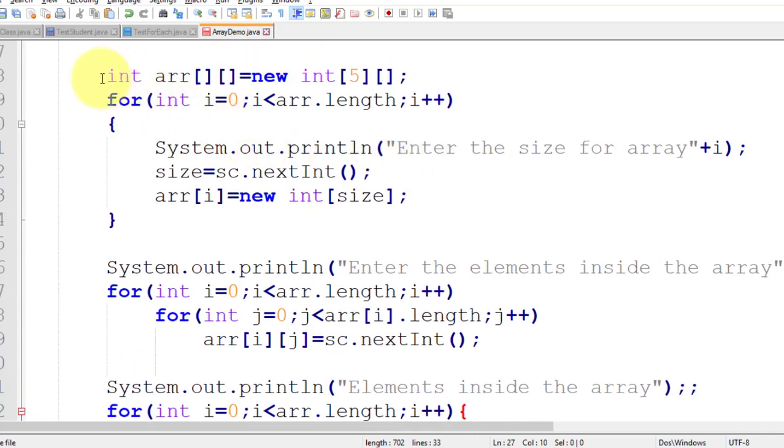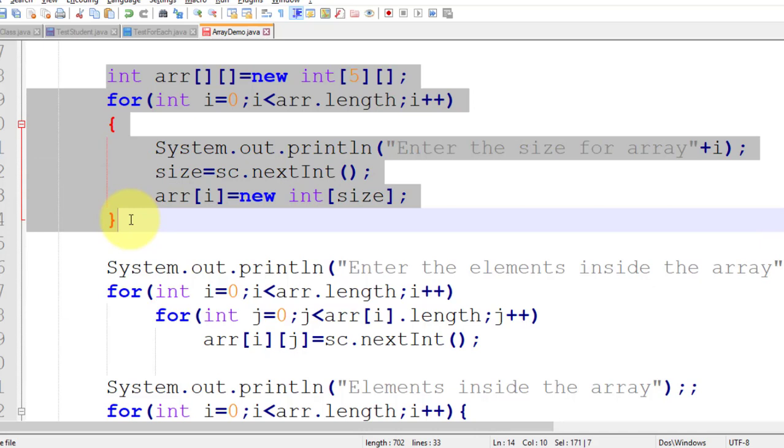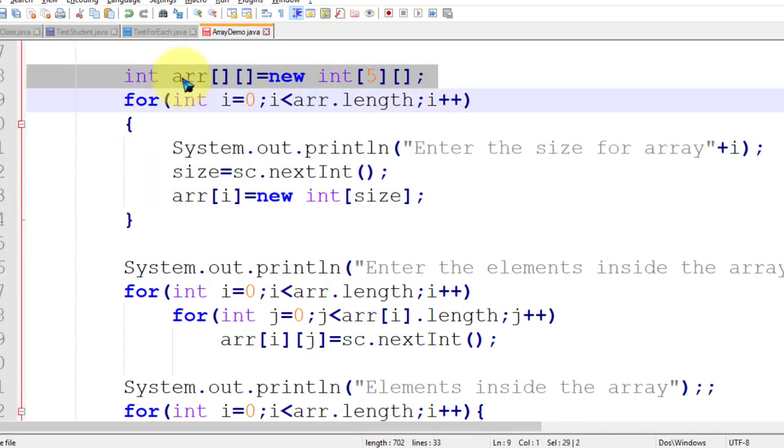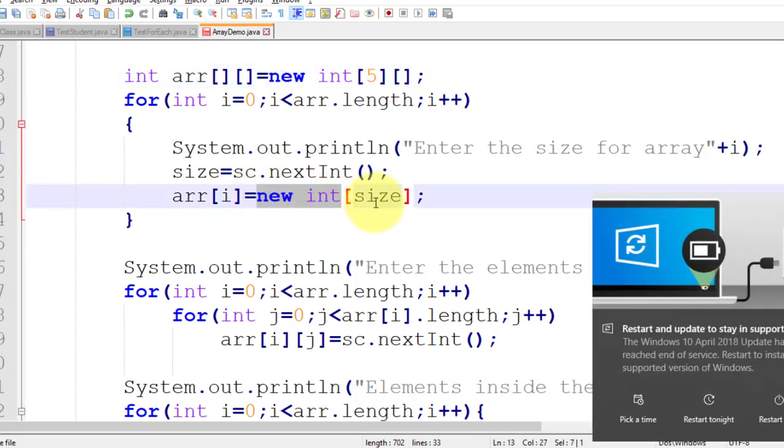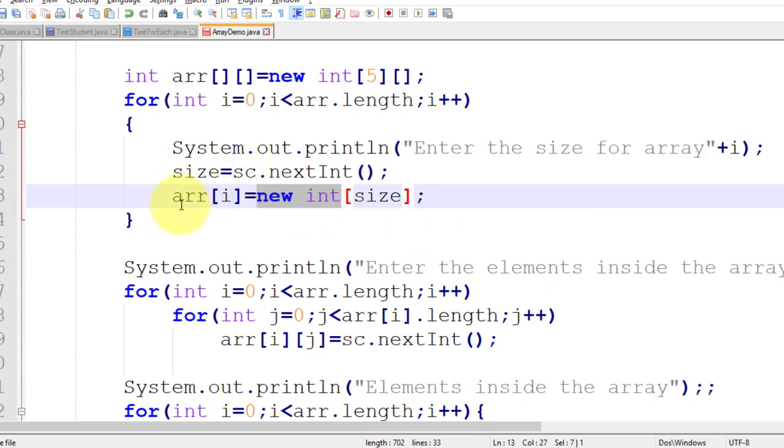This is a declaration and object creation for the ragged array. Okay, first I define the number of rows, 5. For each row, I have to define the size for the number of elements, correct? So here it is defined as per the user requirement.